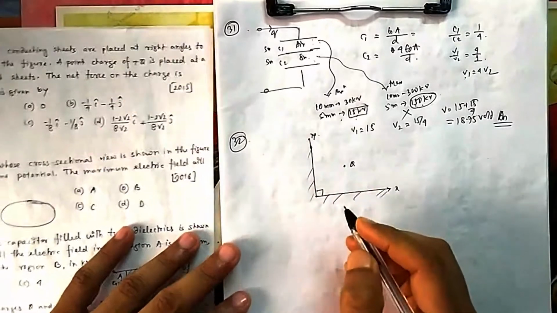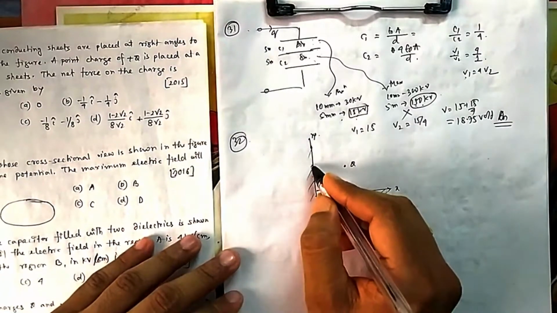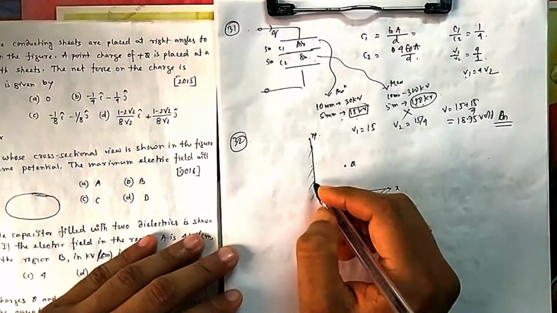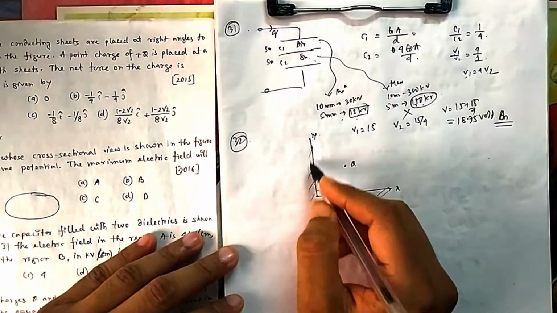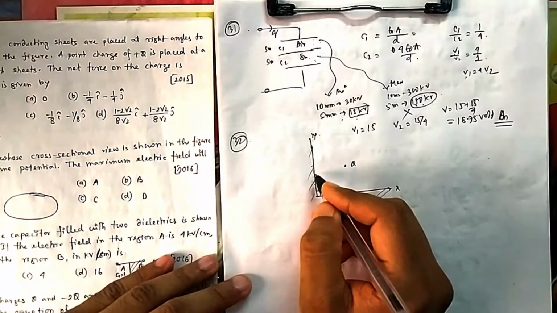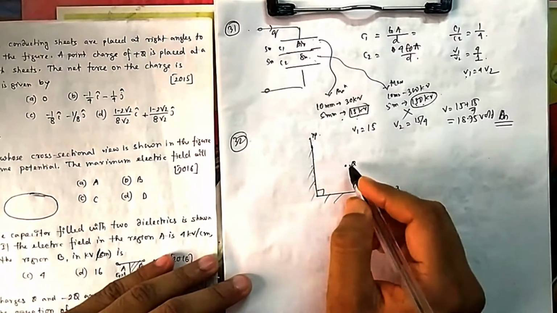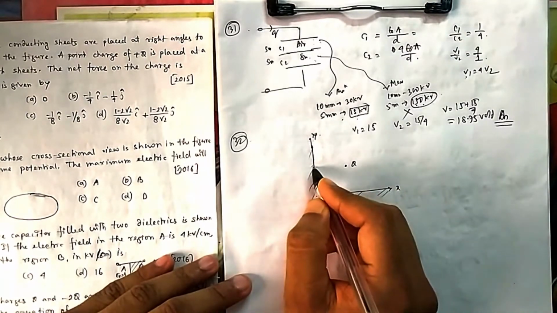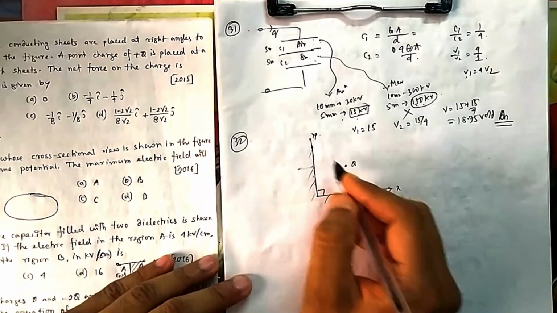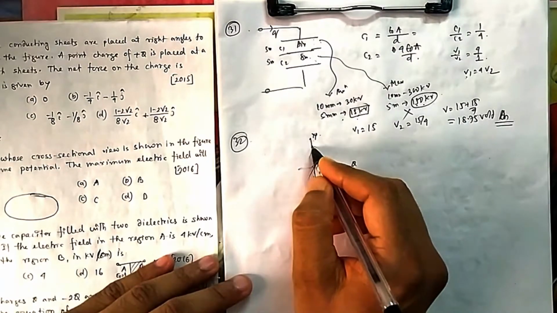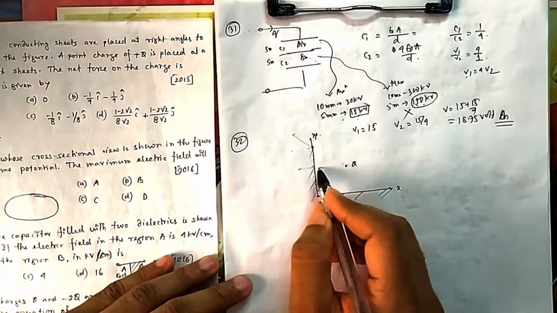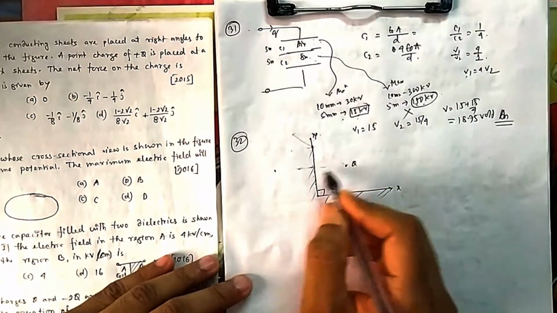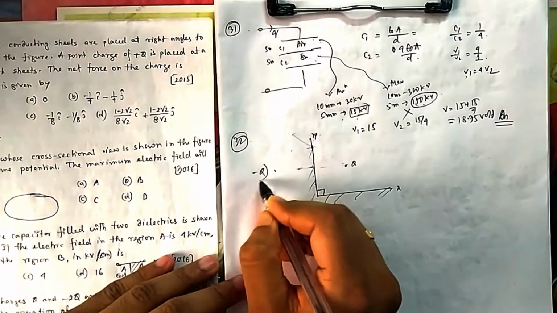Why did this concept come? Because this is a conducting plate, so the voltage drop here should be 0. Should be 0 means that if you move along this path, there should be no change in potential. That means the electric field should be at 90 degrees to this. Because it is a positive charge, the electric field should come out from it at any point. But if you draw a straight line, the electric field is going this way. To make it straight this way, you have to take an image charge of this one. Because there is a conducting plate, there will be a minus Q here.